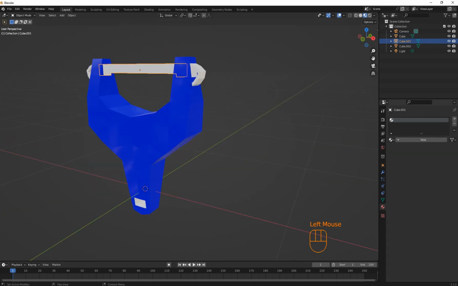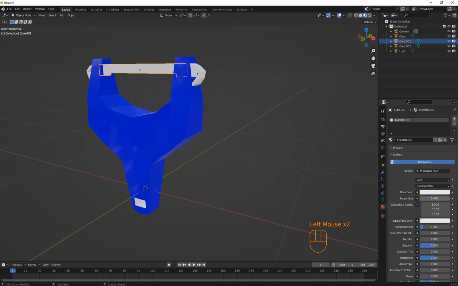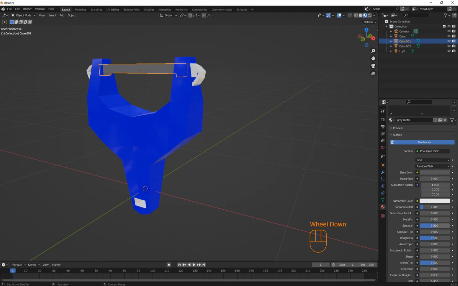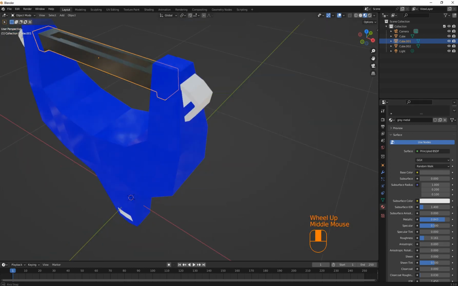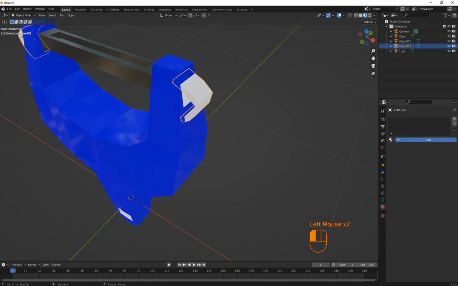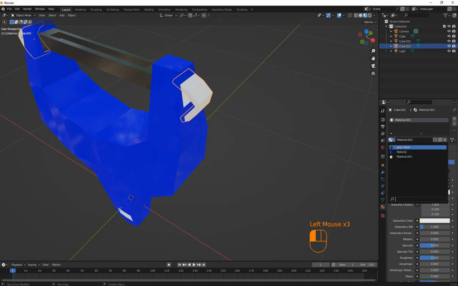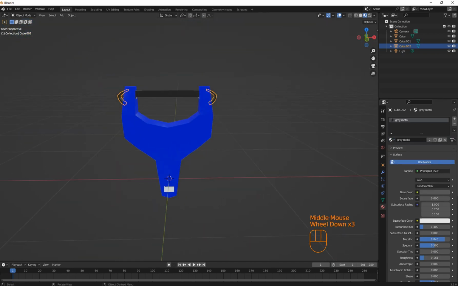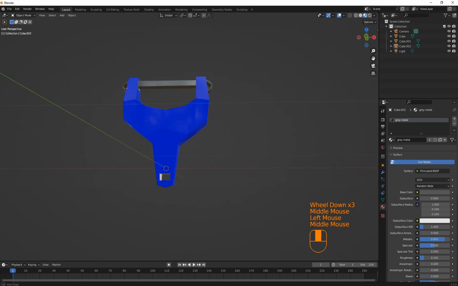Then let's add a metallic to this. We're gonna do a gray, like that. We'll call it gray metal. So add more metallic, less roughness. Cool. And then for these, we're going to do the same thing, add a new material, and the material is going to be just gray metal. And that's it. You have your simple